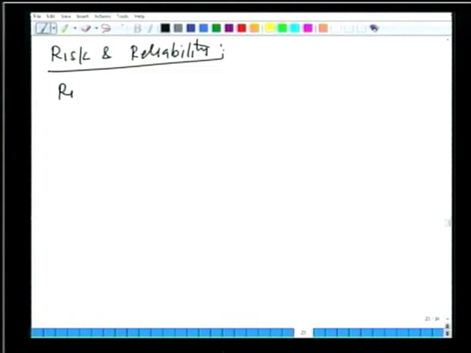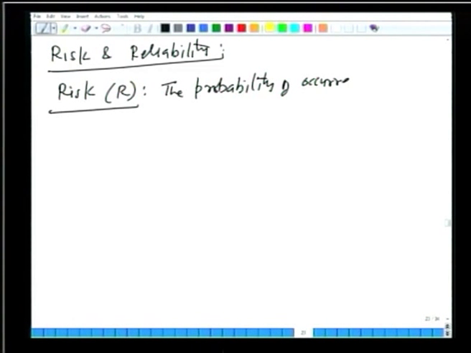The risk we are going to denote as, let us say, R. It is nothing but the probability of occurrence of an event, at least, and I am going to underline this here, we have already seen how we can find these probabilities, at least how many times? Once, at least once,